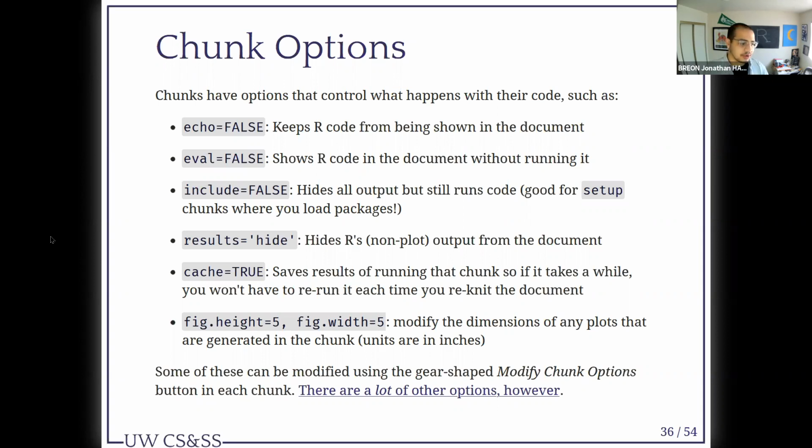There's one project I'm working on with the Harry Bridges Labor Center where I'm taking advantage of cache equals true because it's quite a lot of American Community Survey data. And if I just want to putz around with the graphs or tables, and adjust the way they look in the reported document, I don't want to have to rerun this 10 gig file every time I want to output the document and look at it again.